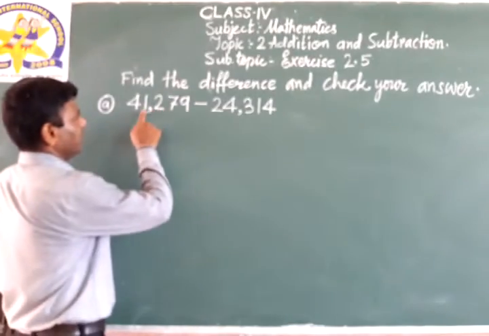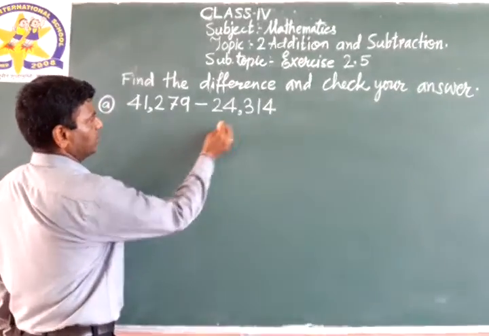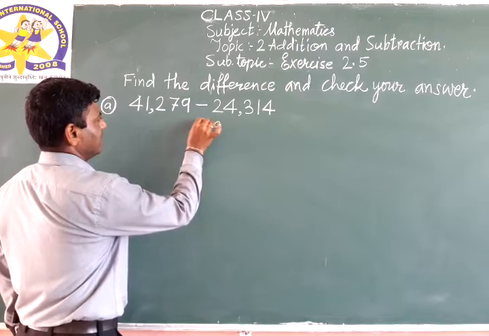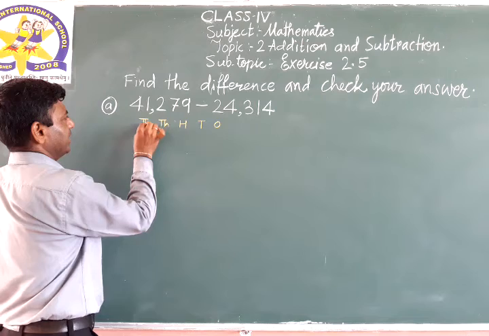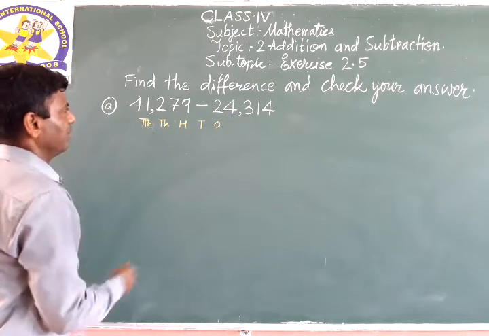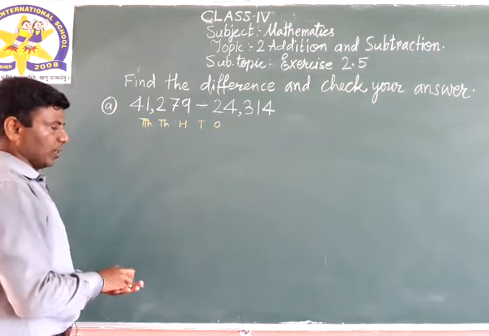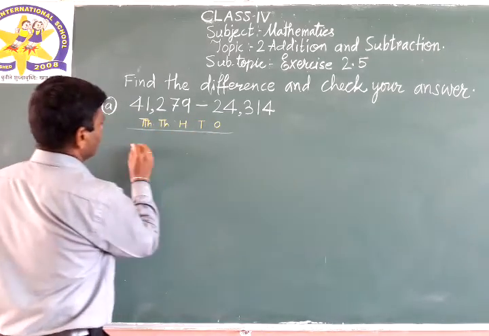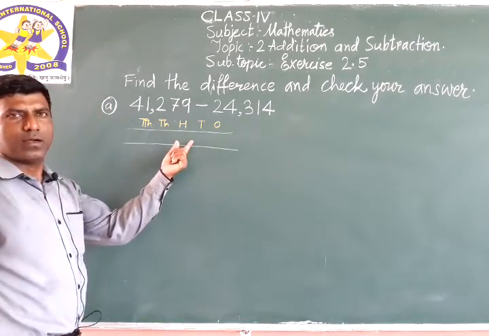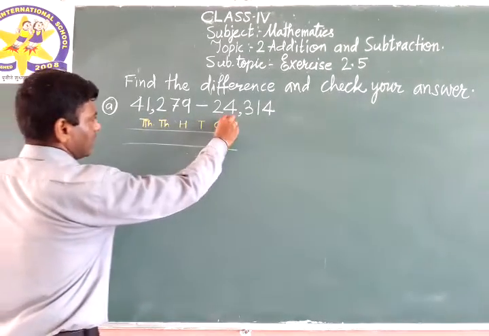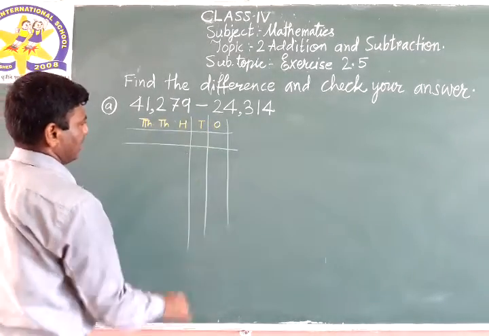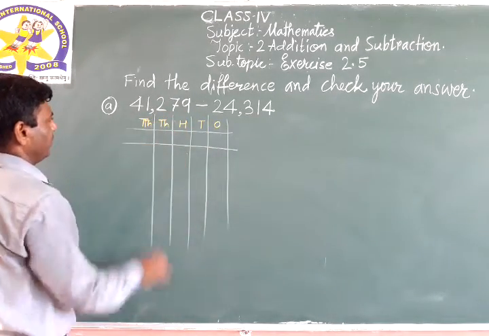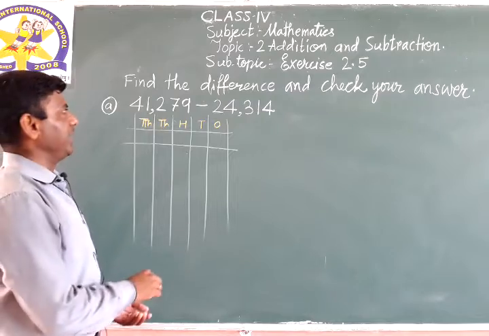See, a 5 digit number is there, so up to the 10,000 place you need columns. So write ones place, tens place, 100 place, 1000 place, 10,000 place. Or if you want, you can add one more, no issue. Leave one line for borrow. Draw the columns properly with a soft hand with the help of a scale.